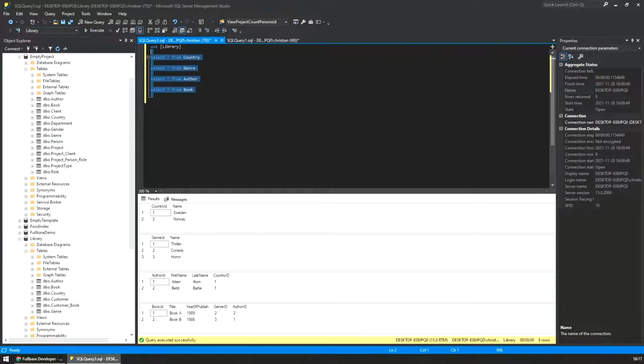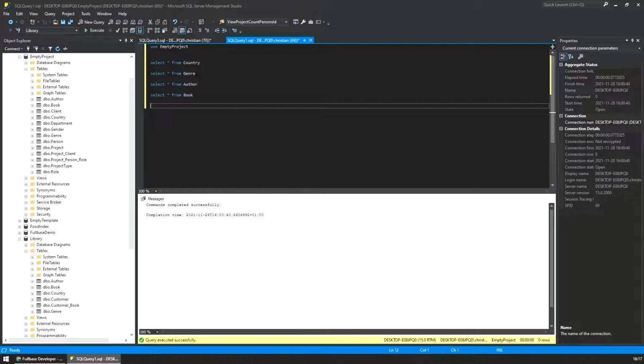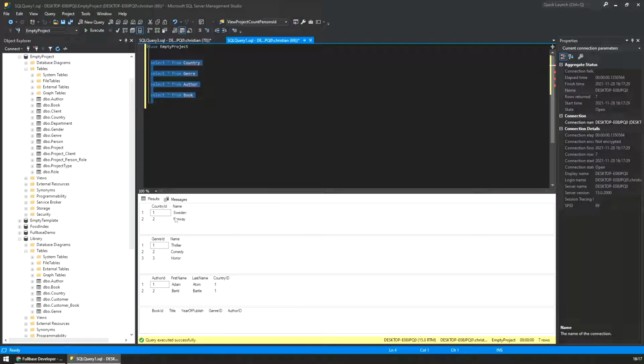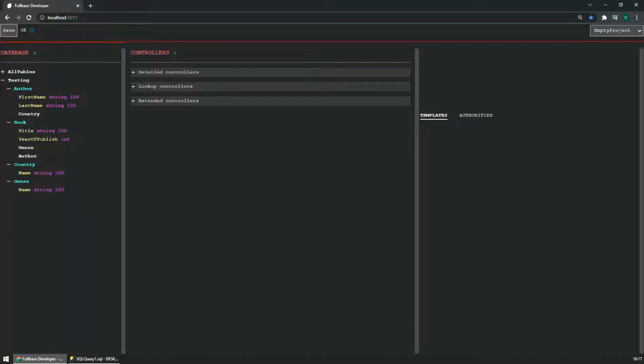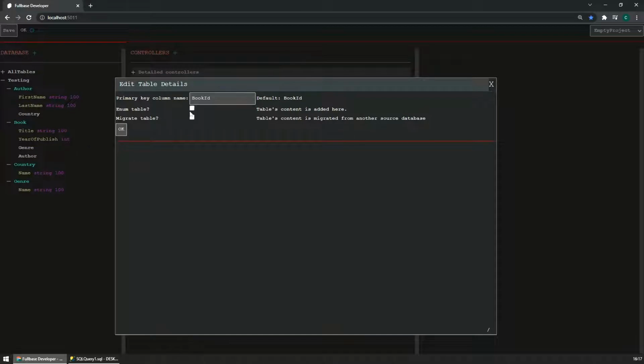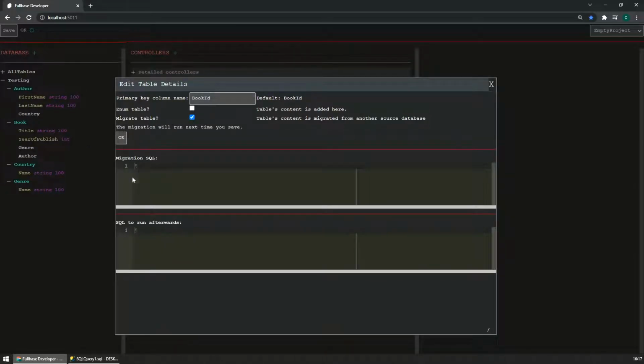So let's go to the empty project and search, and now you can see that all the data has been copied except for the book that we explicitly left out. It is also possible to change this afterwards, so we can say that this book table, yes, we should migrate it,